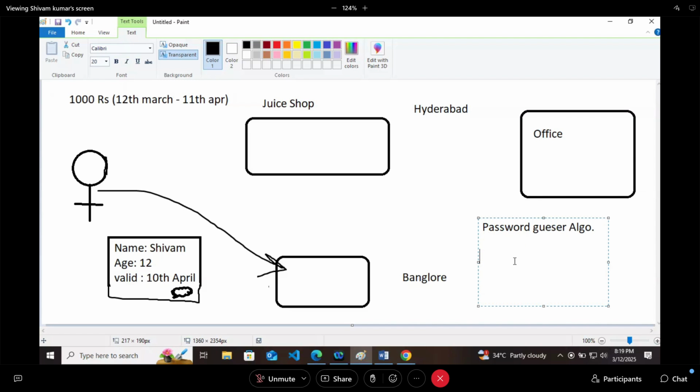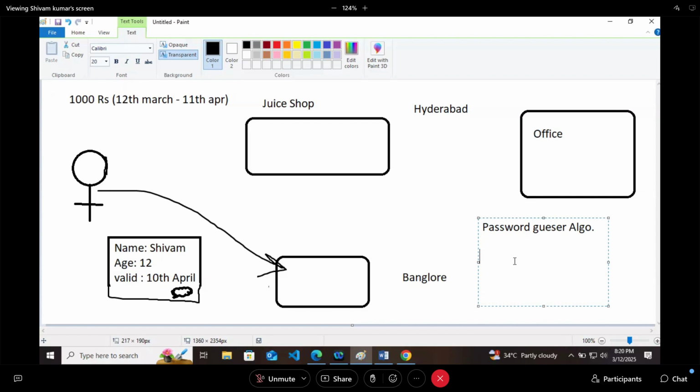Why only 10 seconds? But you know one thing, let's say I put a wrong password. Second time also I put a wrong password. Third time also I'm putting a wrong password. Then that app will get locked for some time, right? Too many wrong passwords. Please try after 15 minutes. Then if you put one more wrong password, please try after 30 minutes. Time will keep on increasing every time. And this algorithm will test those 1 billion passwords within 10 seconds so that you don't have to worry.